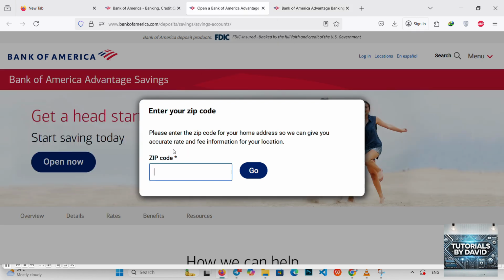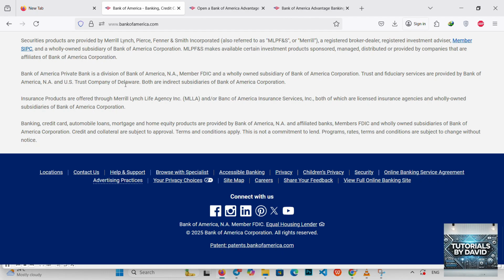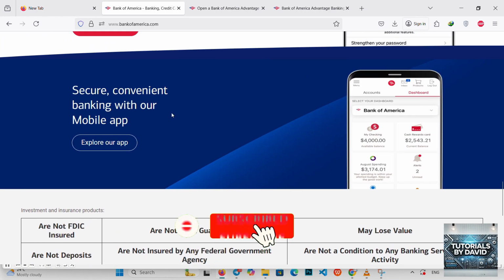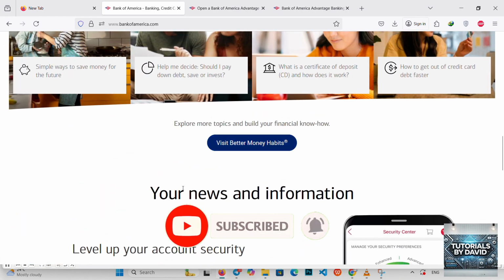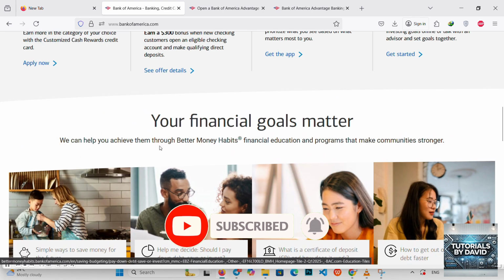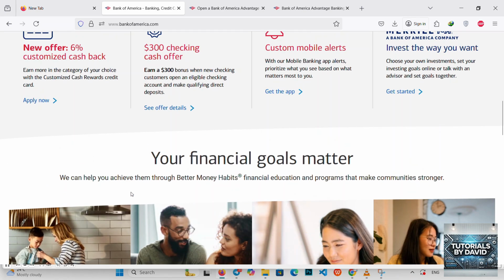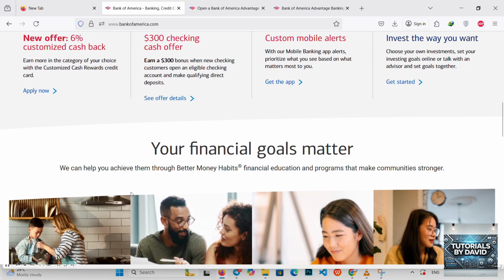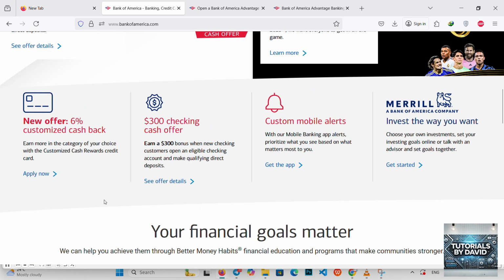Want a more detailed view? Tap on Statements and Documents to download monthly statements as PDFs. You can usually go back up to 18 months, and even longer if you signed up for paperless billing in the past. And if you're using the Bank of America mobile app, you can also tap on a transaction